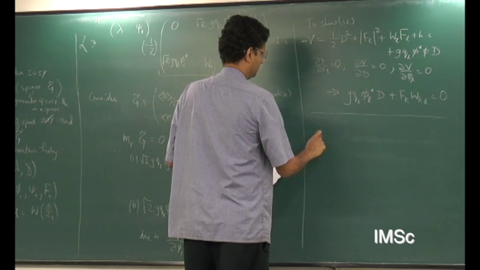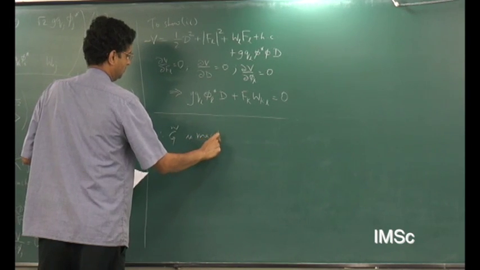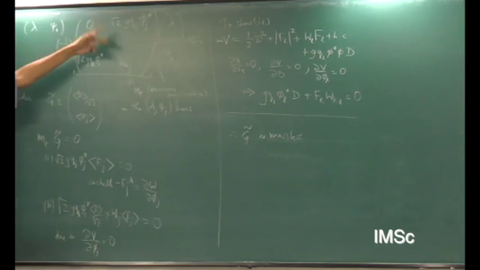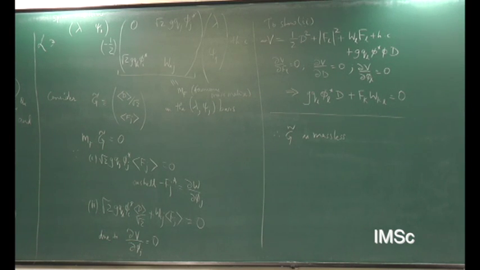So therefore, if I rotate the basis to now have one of these as the mode, let's say G twiddle, this just says that G twiddle will be massless. And that is the massless mode which we have found after diagonalizing this. Instead of this, you can just diagonalize this thing and get this also. It's the same thing. So this is just a quick way to identify that G twiddle is massless.